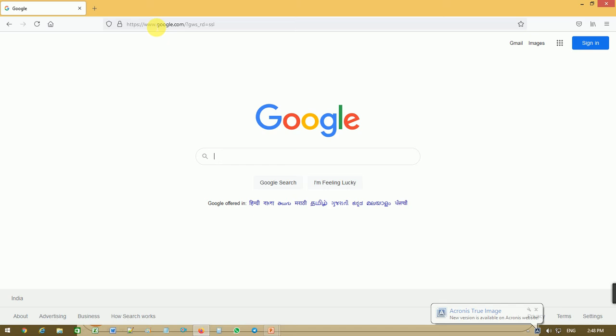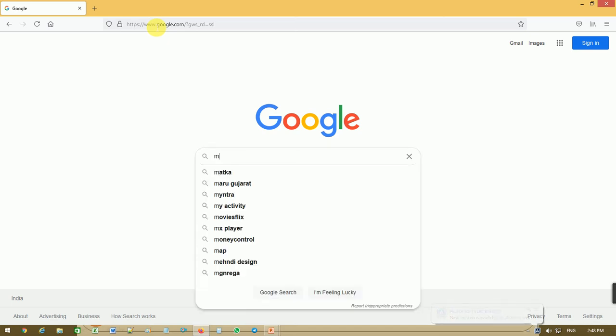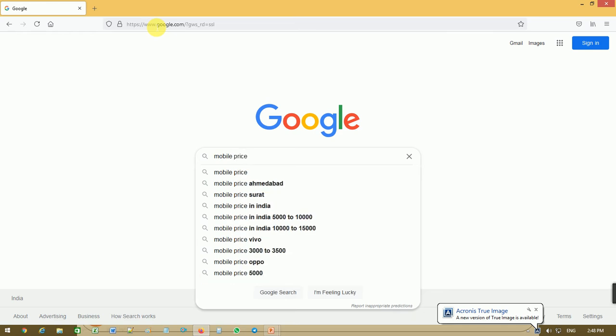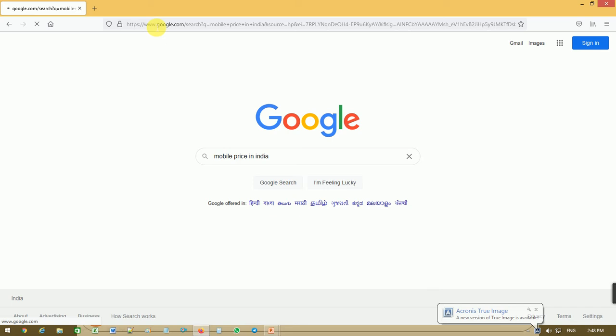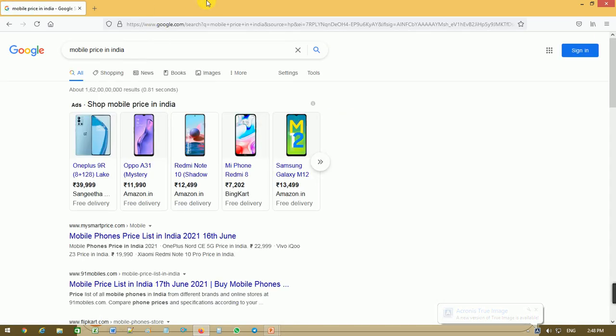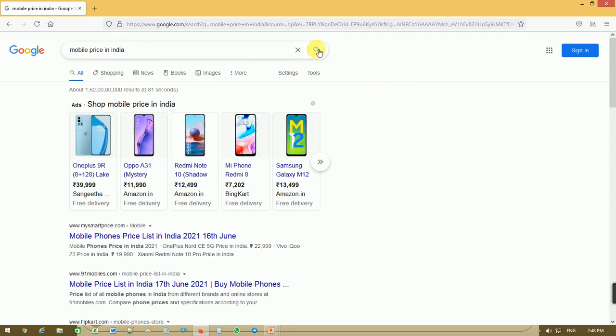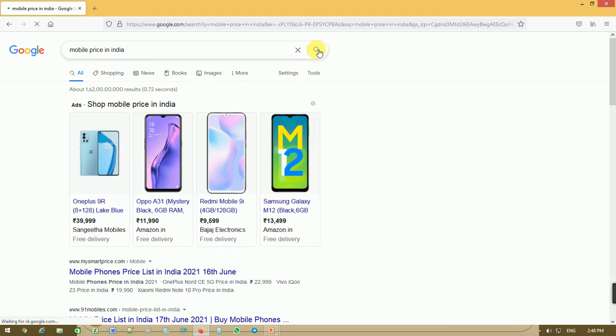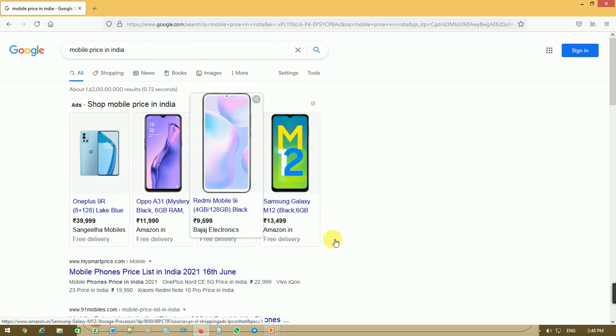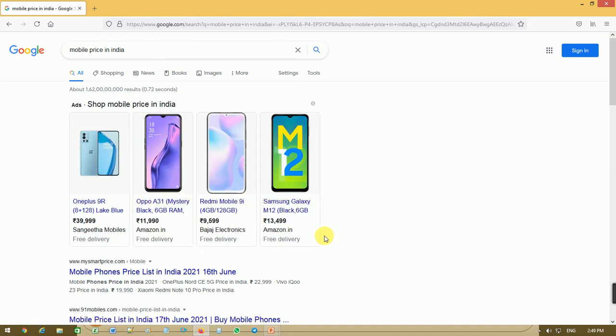When I search for anything, say mobile price in India, it gives me the price details of mobiles. First I write down the query on the search engine and click on the search button. When I click on the search button, it displays the different types of mobile prices available in India.